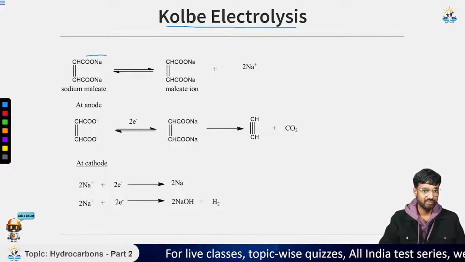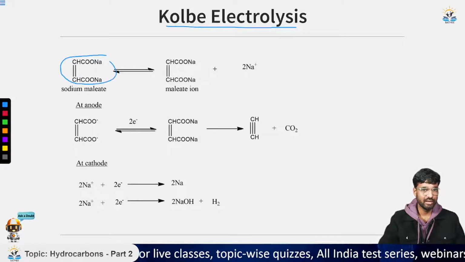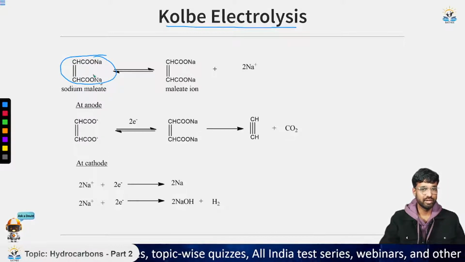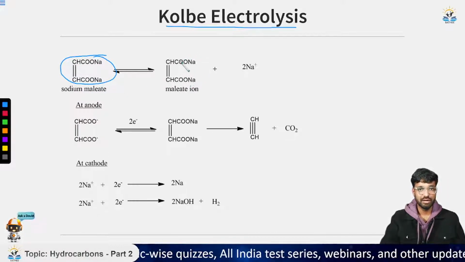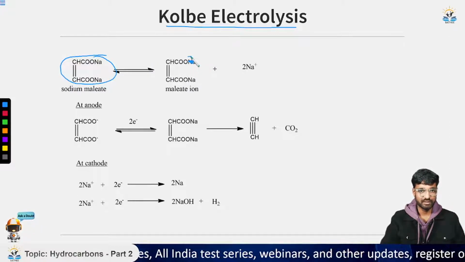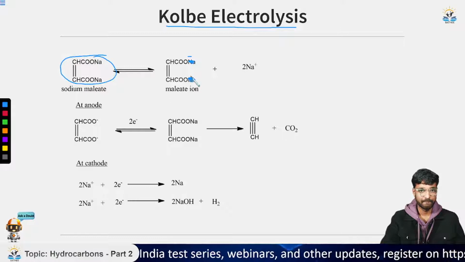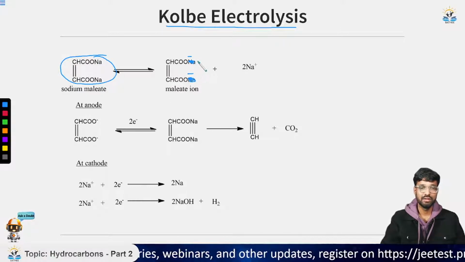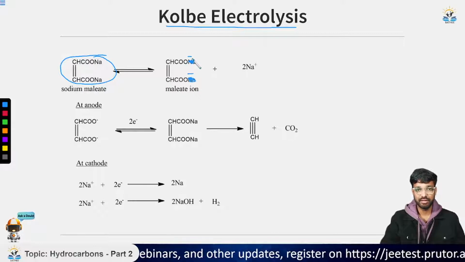So what happened is that this is a sodium malate. Why? Because it's a malic acid and we have the sodium salt of this, so it is sodium malate. Now this sodium malate can exist in two forms. Sorry, this is wrong. So it will be like this. Since it is a salt, it can exist in ionic form, that is anion